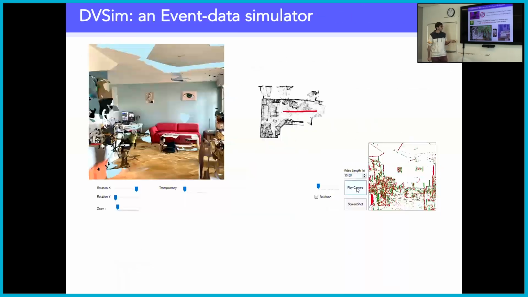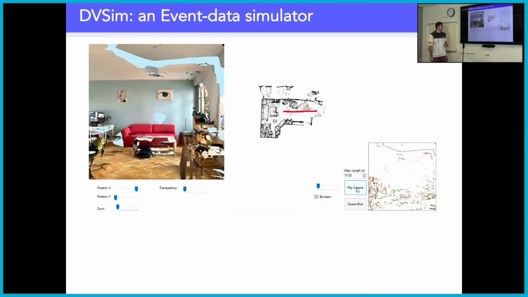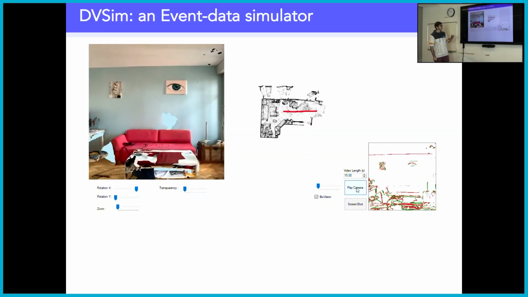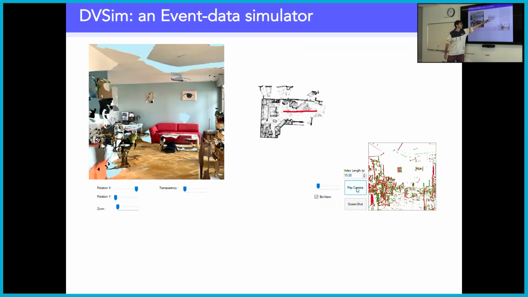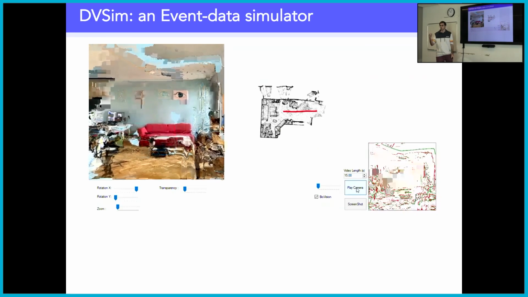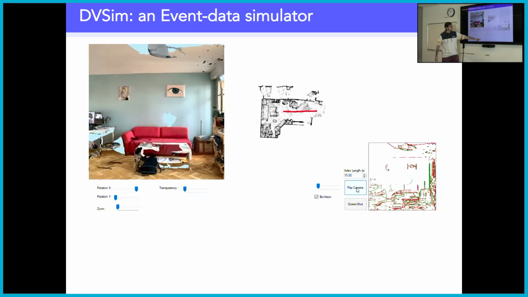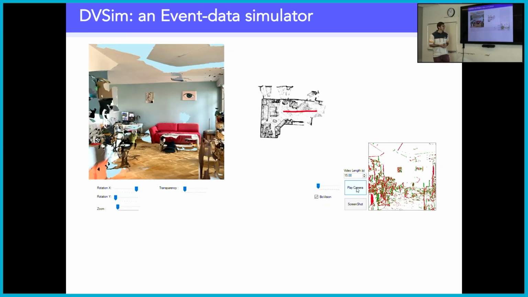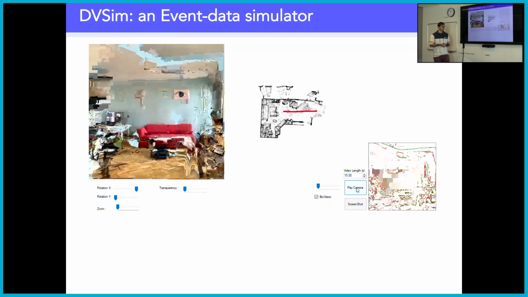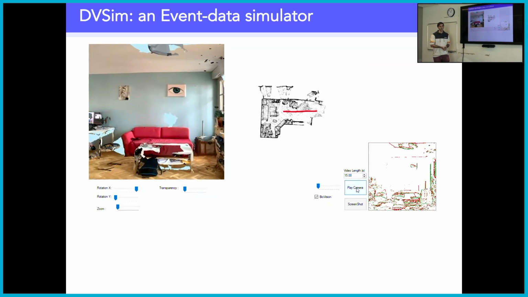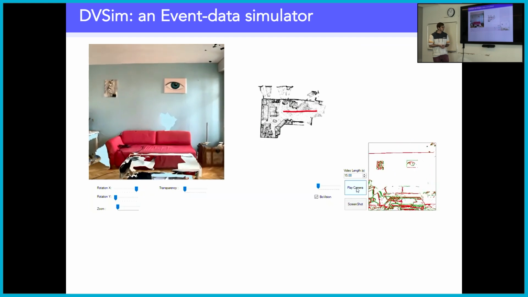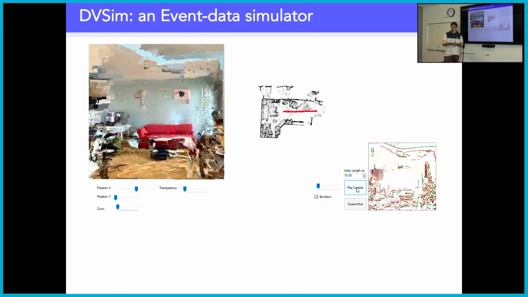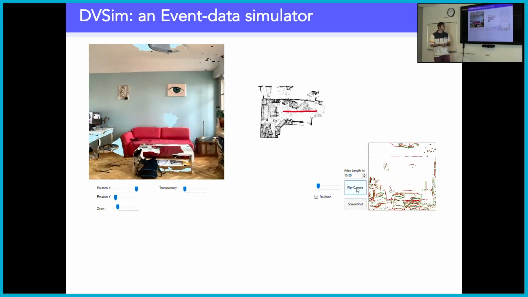And from this 3D mesh, you can design a software that is able to simulate different trajectories within this environment. Here you see the trajectory in red. This is just a translation from one point of the room to the other. And these are the events that are associated with that. Through this system, we can generate a lot of event-based data, and use that to pre-train or to train spiking neural networks, with the hope that this simulation is close enough to real data and that the pre-training is useful.